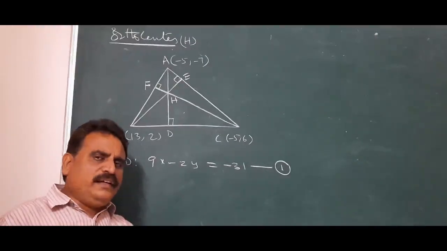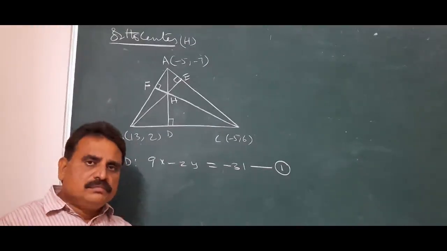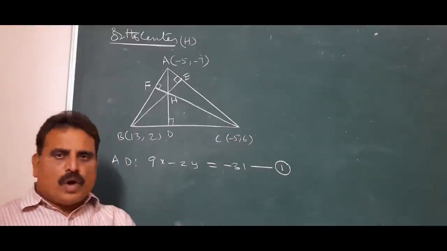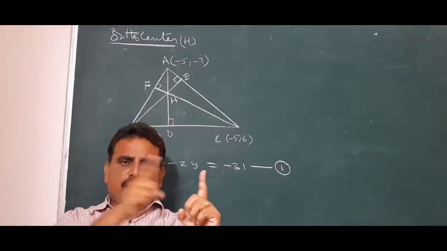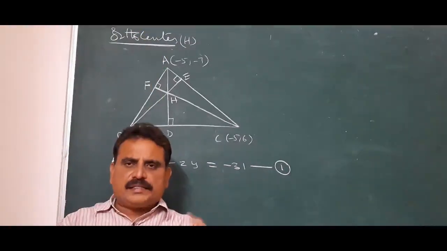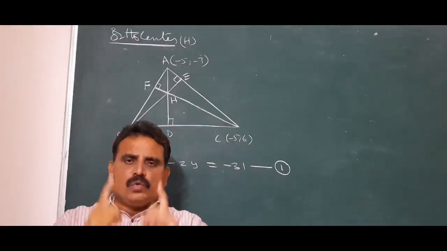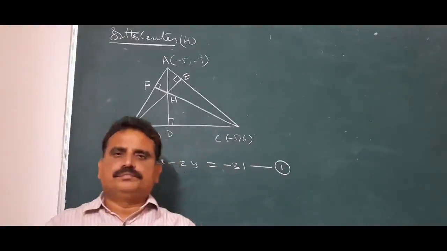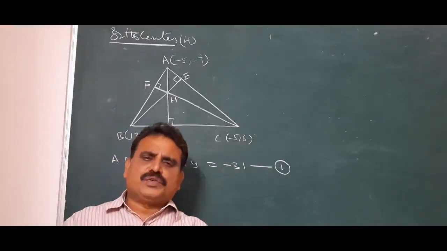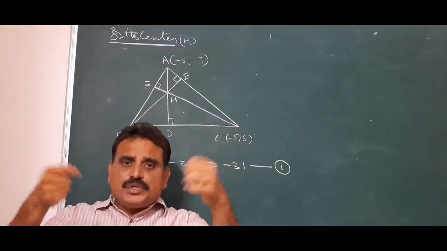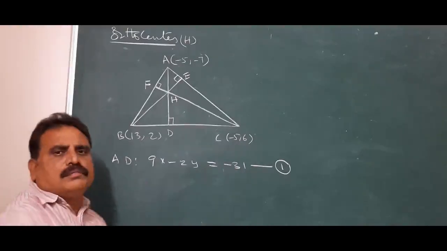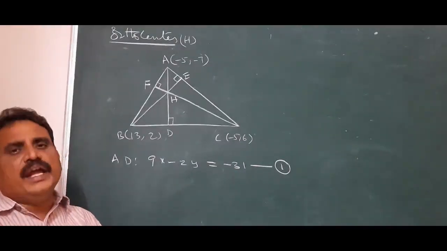There is another method to find the equation of AD. Look carefully, my dear students. If A (x1, y1), B (x2, y2) is a line segment, the perpendicular line can be written using the x coordinates difference and y coordinates difference ratio. That is nothing but direction ratios in 3 dimensions. You know, direction ratios, x2 minus x1, y2 minus y1. Look here, x coordinates 13 minus of minus 5, plus 5, 18.